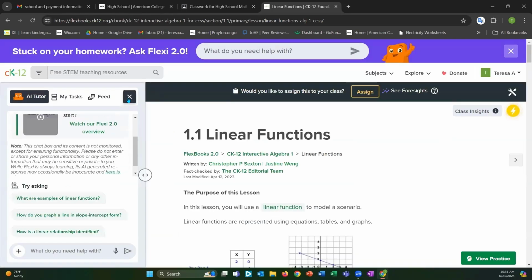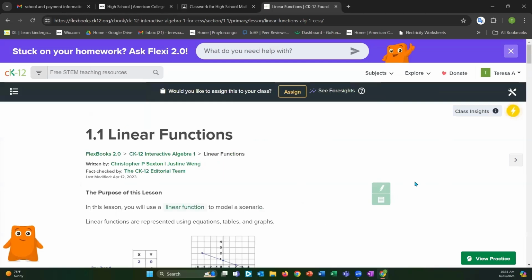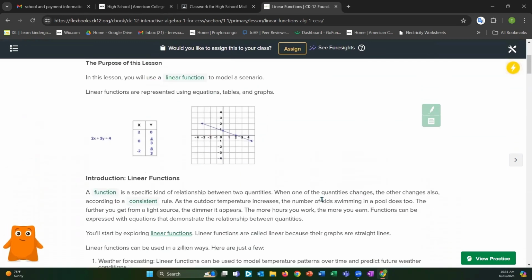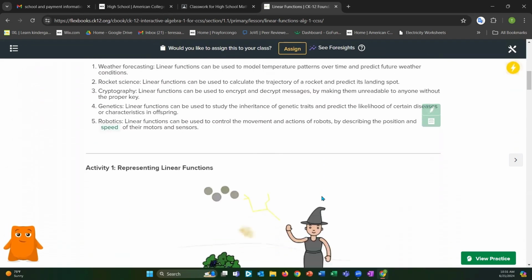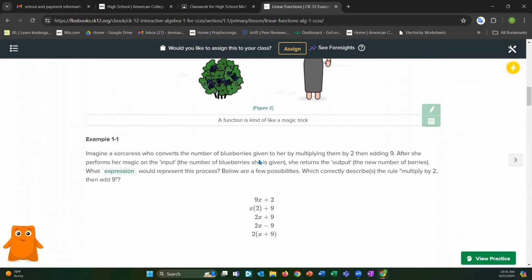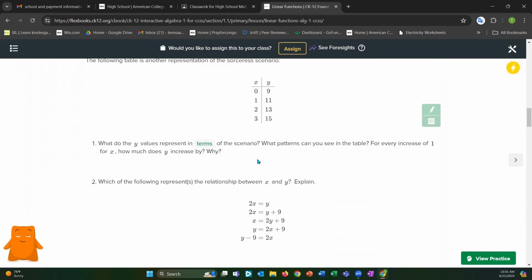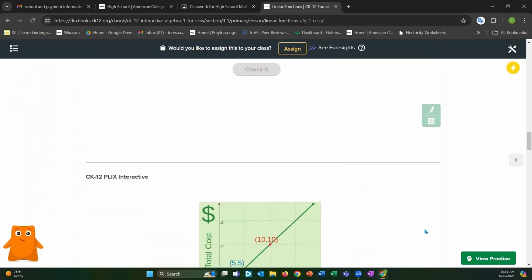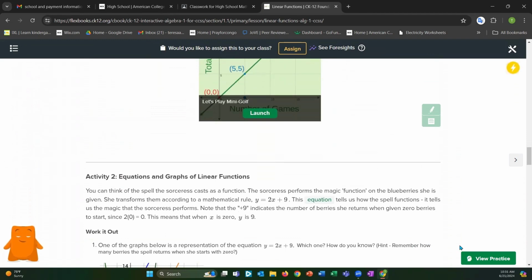So you might have to click out of some of these things to make it full screen. When you scroll down, you'll see there is a full lesson for the individual topic. Then they give you an activity to do. And then they'll give you some practice problems that you can do, which are down here on the bottom right-hand